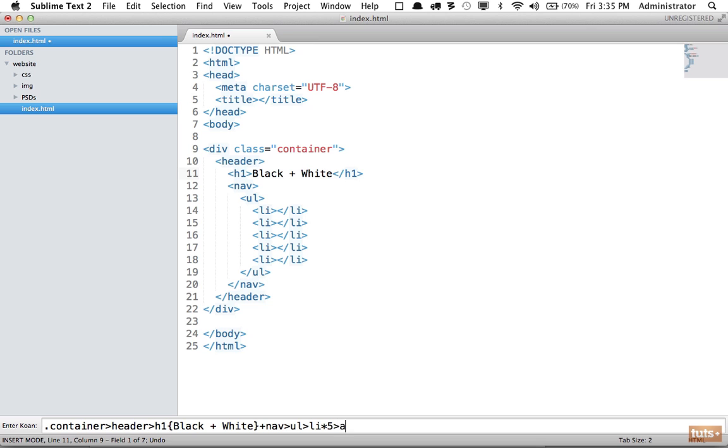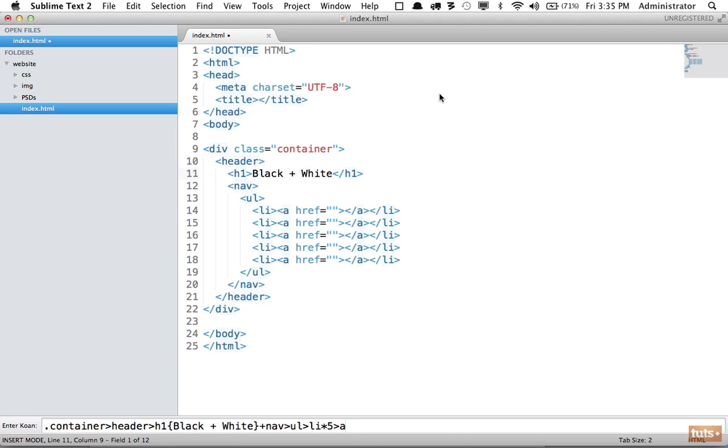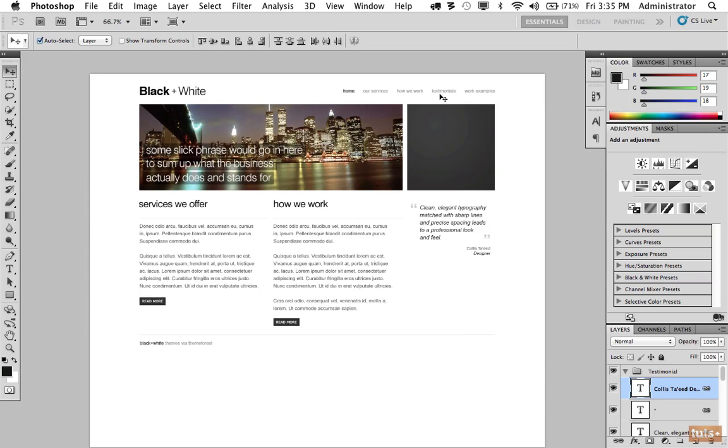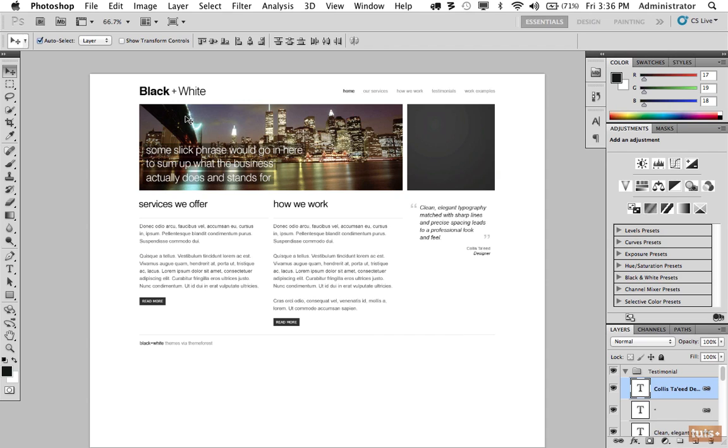And each list item, of course, should be clickable because it's a link. So we'll place an anchor tag that links to nowhere for the time being. And that looks good for now. So I will hit enter for that to take effect. And now I can tab through each one of these. I'm going to fill these in really quickly. So good, we are done with the wrapper and the header,